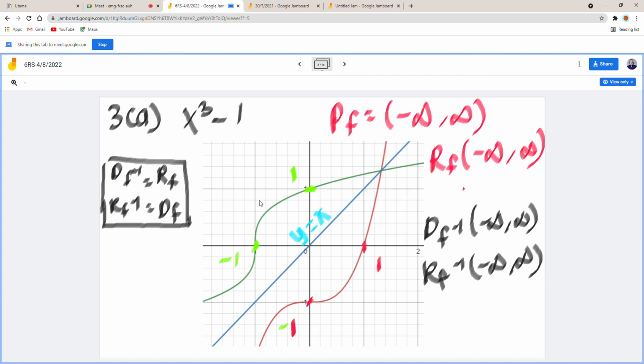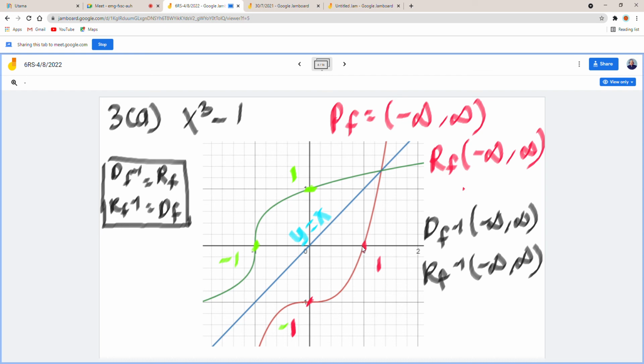Okay, you understand this graph, right? Yes, sir. How do you split the domain and range? For the domain, for just f(x), you find the domain just for f(x) for the first step. Find the domain for f(x) and find the range for f(x), and then if you want to find the inverse